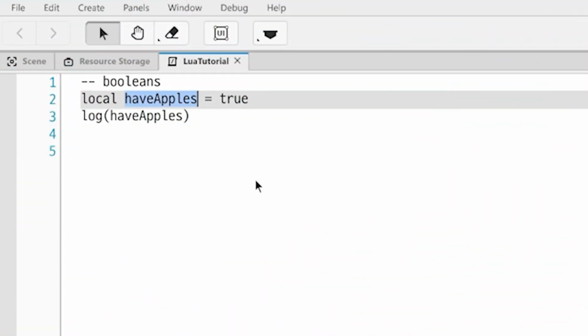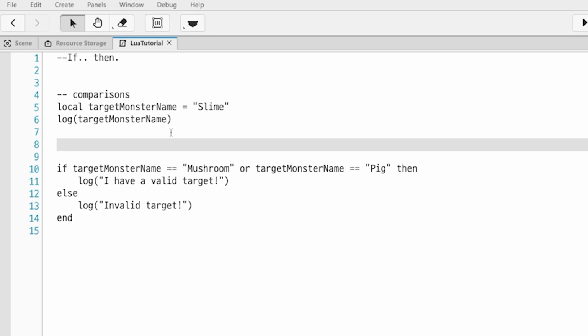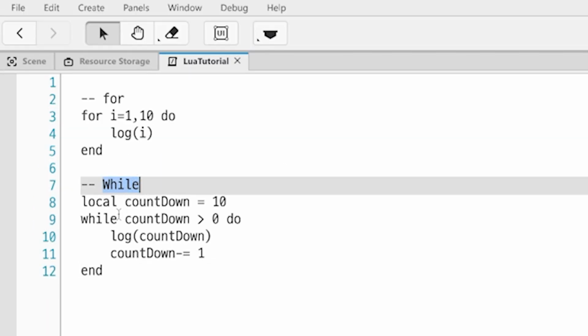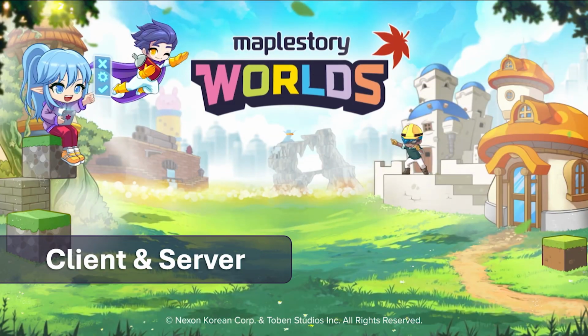So far, we've learned about the general concepts behind programming. Today, we'll finally take things into the context of MapleStory Worlds and learn about what makes programming in Worlds unique. Let's begin. Now, up until now, we've been coding with no regard to multiplayer synchronization, but MapleStory Worlds runs in